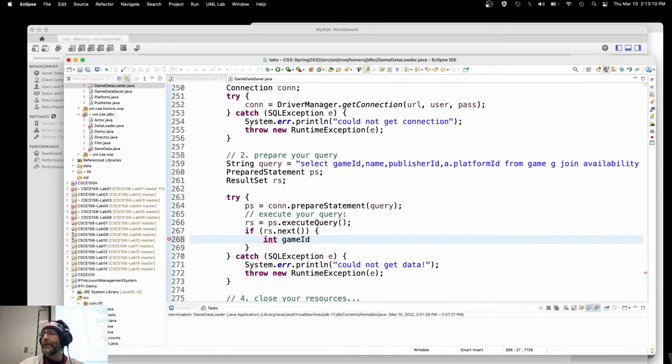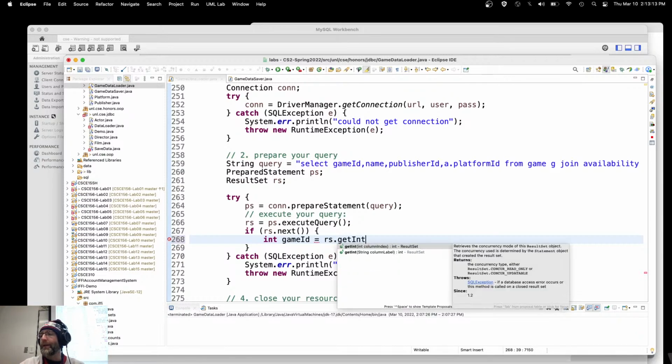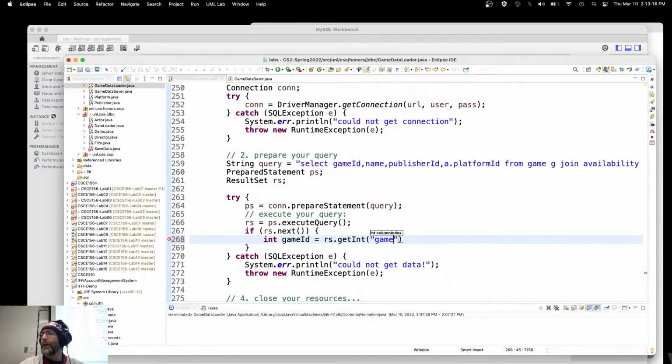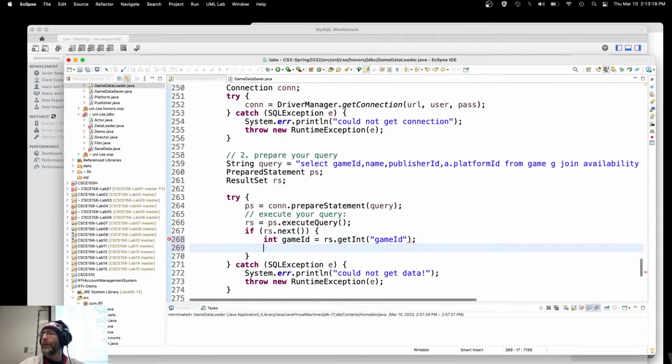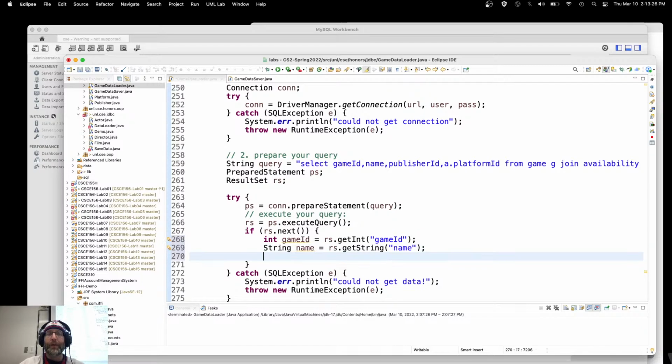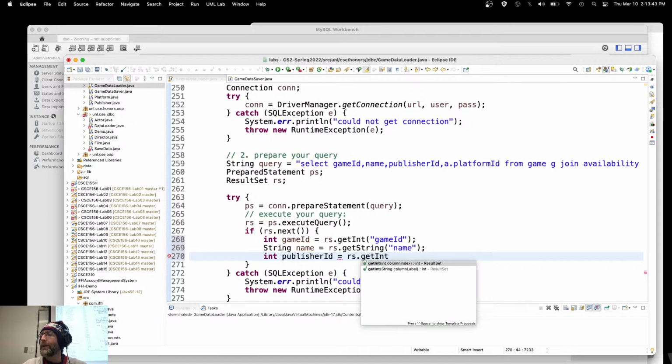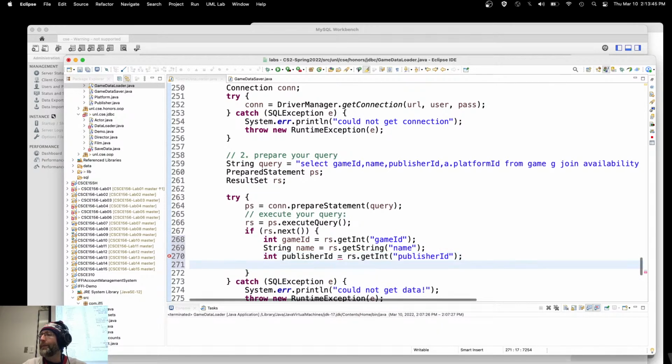Int gameID is equal to rs.getInt gameID. There we go. String name equals rs.getString name. This is called CRUD. Remember, create, retrieve, update, and destroy. This kind of CRUD is really boring boilerplate kind of stuff. Sorry, but it is what it is. So int publisher ID is equal to rs.getInt publisher ID, and finally int platform ID is equal to